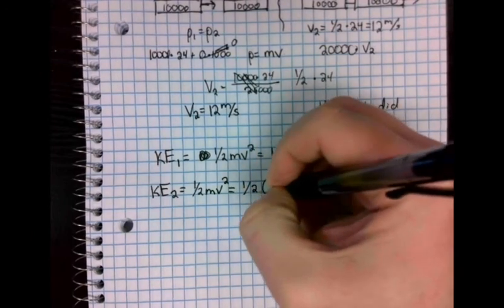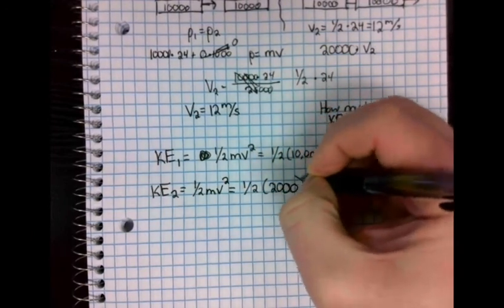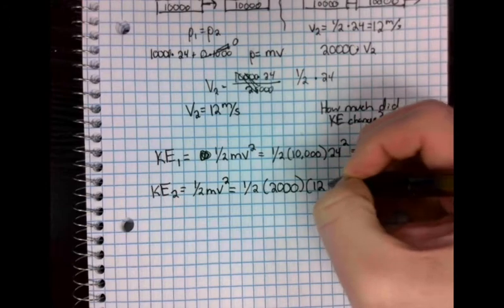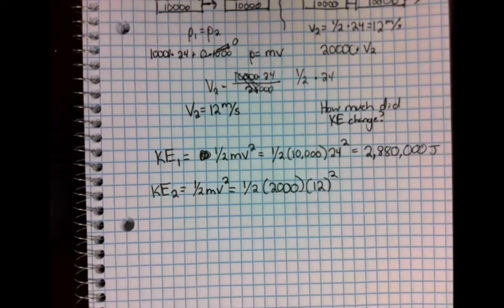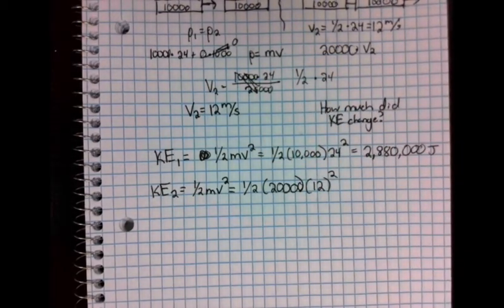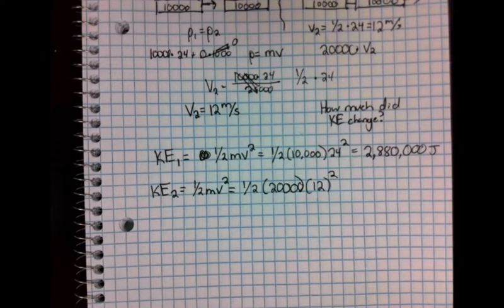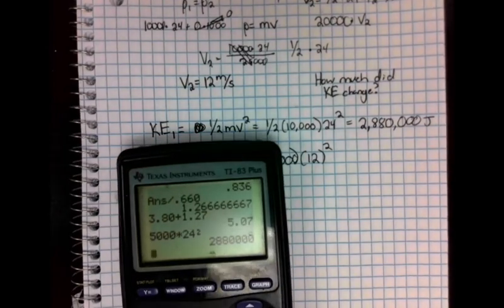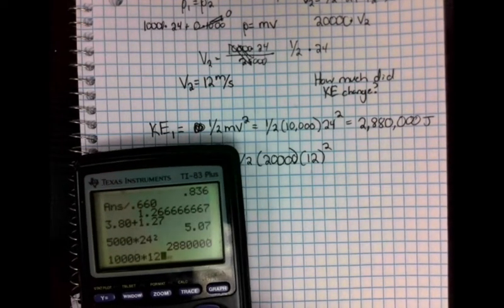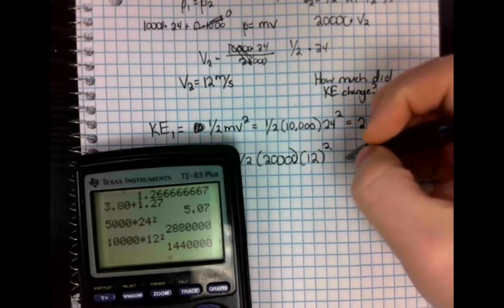We're going to do 1/2. Mass is now 20,000, not 2,000, and velocity is now 12. We're going to have that squared. We're going to have a very different answer if we do that. Also, I did type in 5,000. That was correct. Okay, so now we're going to go ahead and plug in. We're going to do half of 20,000, which is 10,000, times 12 squared. And this time we get